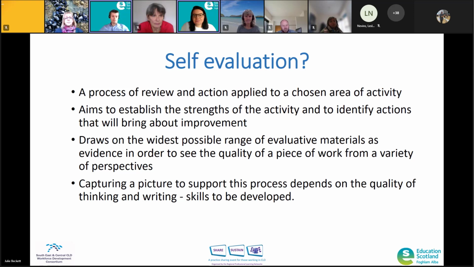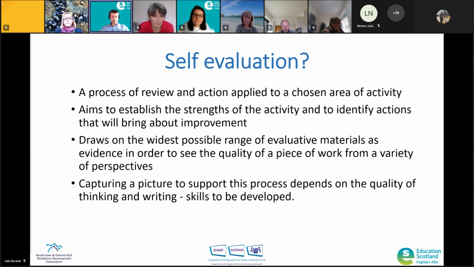Thanks, Julie. So self-evaluation is important in the context of evaluative writing, because it shows how CLD as a service is making a difference and having a meaningful impact. And what better way to do this, to ask practitioners that sit at the coalface to look at the work that they're doing and measure it. Let's not forget the elephant in the room, however, that surrounds self-evaluation, that it helps with inspection. So with HGIOCLD4 now being released, it's important to look at that self-evaluation aspect once again, and essentially how that impacts on the way we record information.